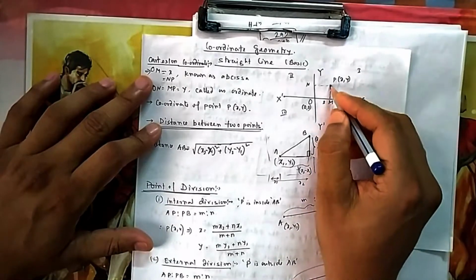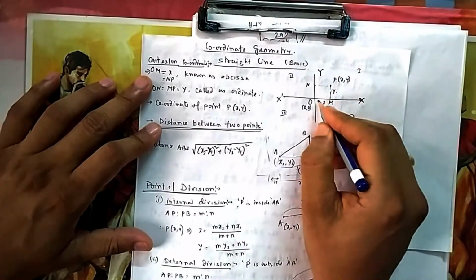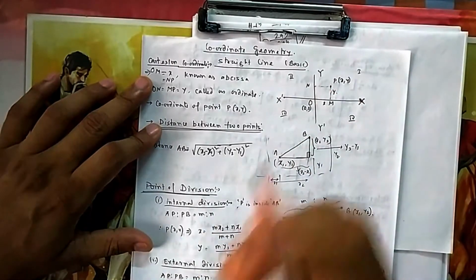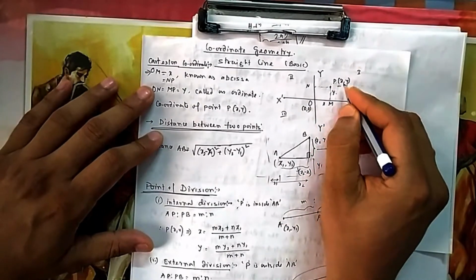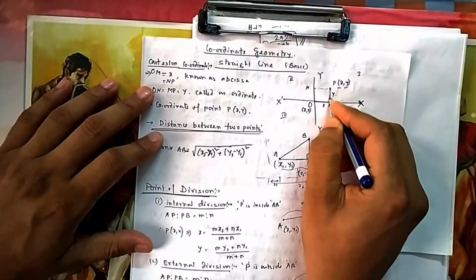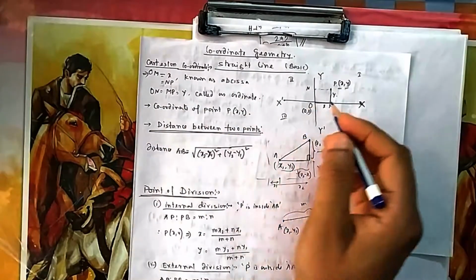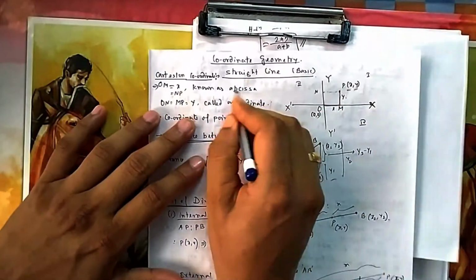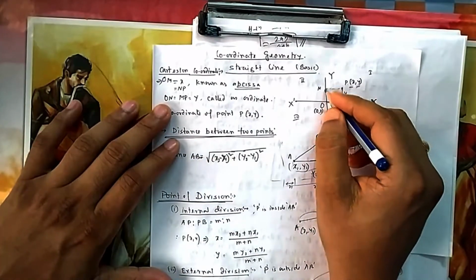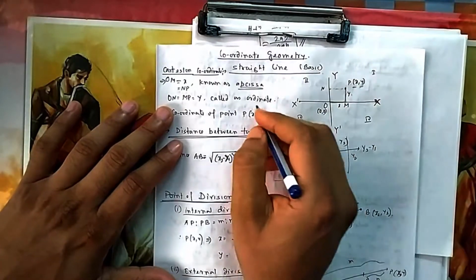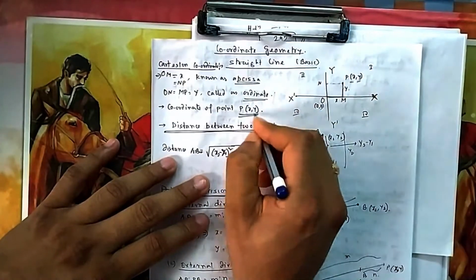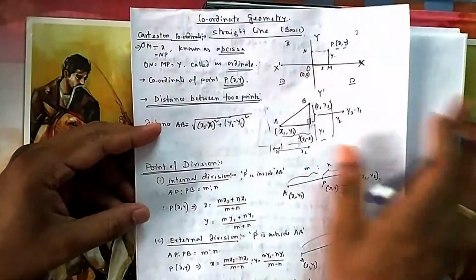If you take a point P, then the distance from the x-axis and the distance from the y-axis are PM and PN. So if I say the coordinate of P is (x, y), say (2, 3), that means I move 2 units in the x direction, then 3 units in the y direction. So this is x, this is y. That means OM is equal to x, which is known as abscissa, and ON, this height, which is nothing but MP, is equal to y, which is known as ordinate. Both together are known as the coordinates of P, that is x and y. This is the very basic of coordinate geometry.